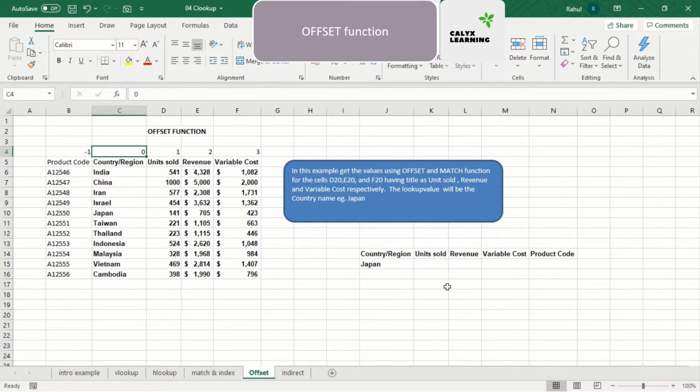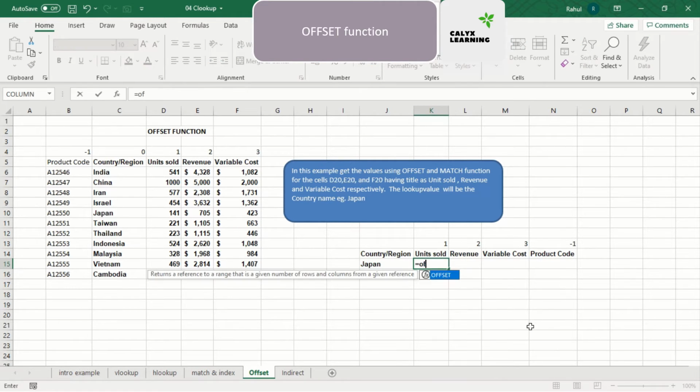Now let's use the offset function to get the data for the country Japan. So here, before starting the offset function, I'll put the column numbers here so that it becomes easy to reference the cells from here. And the last one is -1. Here we'll start the offset function. So is equal to offset